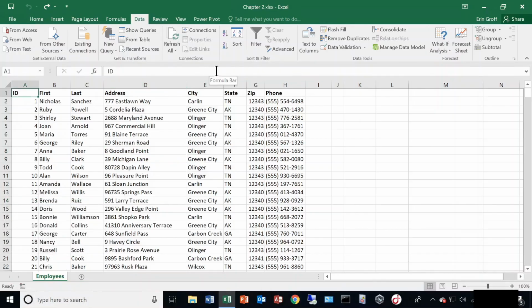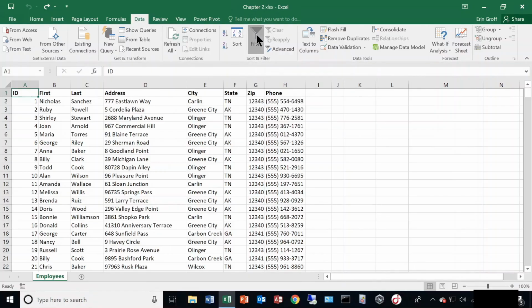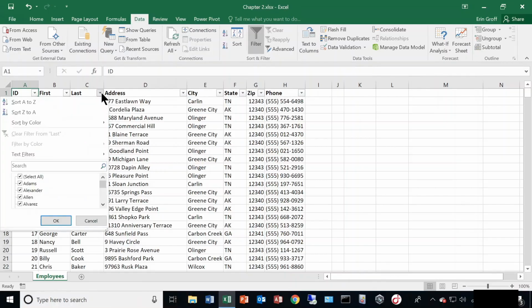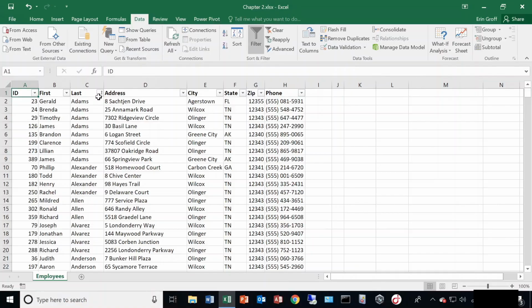and that's by first turning on my filter buttons. Data tab, my sort and filter group. Here I have my filter, which is my little funnel icon. And when I turn that on, you can see in my first row with my column labels here, I get drop-down arrows. And in those drop-down arrows, let's say, again, same example I used earlier, I wanted to sort alphabetically by last name. If I choose that filter drop-down arrow, I have my quick sorts listed here as well. So I could sort A to Z,